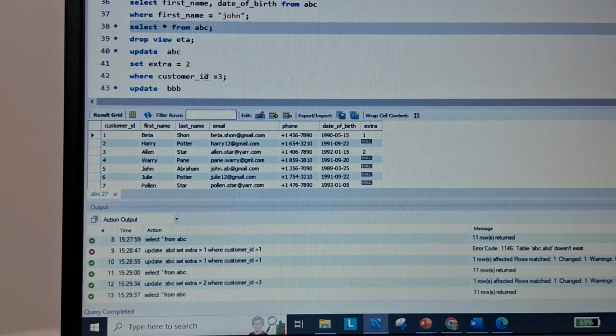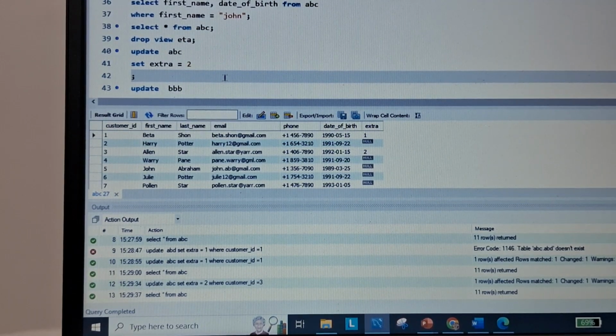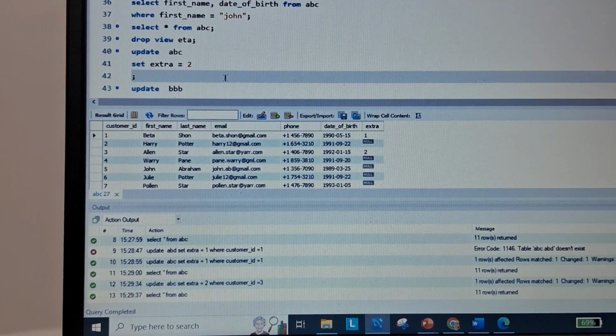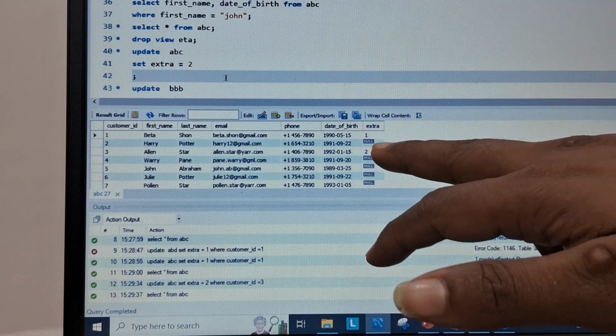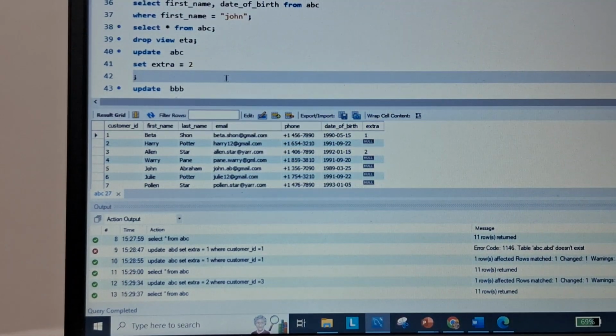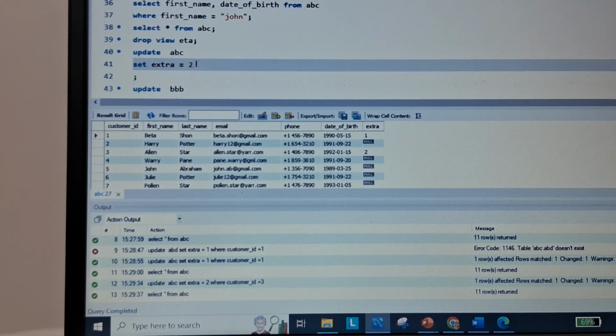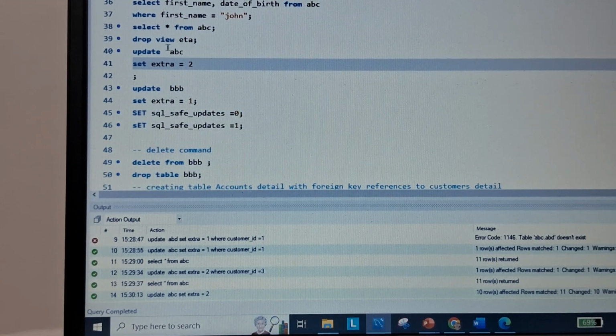If I do not use the where clause, it will update all of the values, like the values showing here, null and 1 and 2. It will change all the values to the value written here. After hitting enter, let's see.